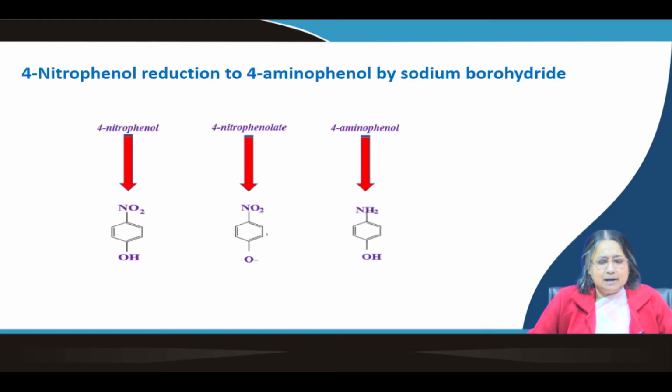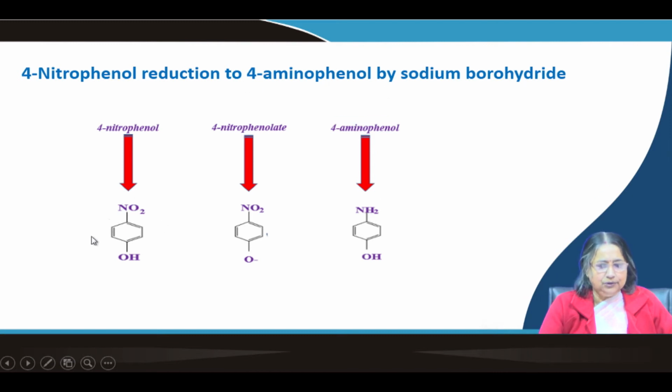Now, taking some specific example, this is a very important reaction and has now become a benchmark reaction. What is that reaction? Those who are from organic chemistry background all know that this is nitrophenol. Phenolic OH, this is a benzene ring with an OH group. If there is an OH group, we call it phenol, and in the phenol moiety there is another NO2 group attached to the benzene ring, that is why it is called nitrophenol. Now, instead of nitro group, if there is amino group, then it is called aminophenol.